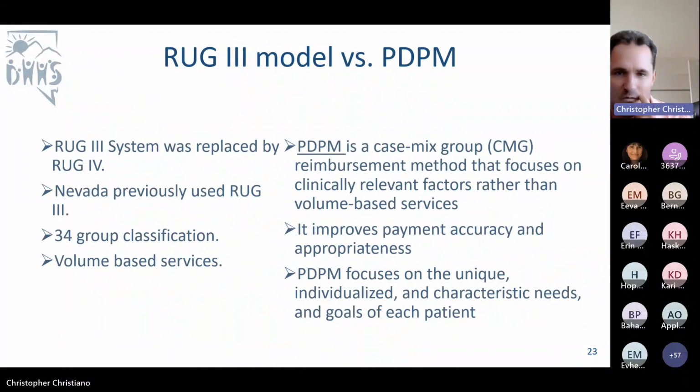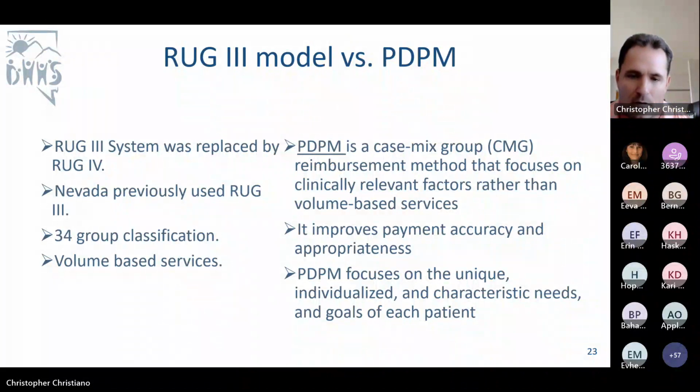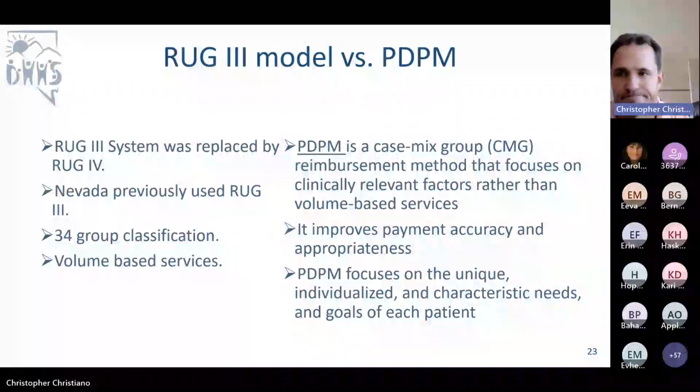Just a little comparison of RUG-3 model versus PDPM, and you did see this in the last presentation that we did. PDPM is a case mix group reimbursement method that focuses on clinically relevant factors rather than volume-based services, and that was the problem with RUG-3 we saw with a lot of the codes we were reviewing, because it seemed like providers were maybe bumping up those services.